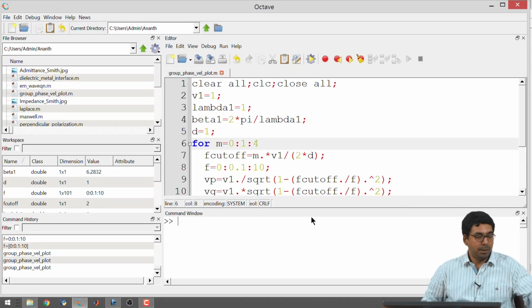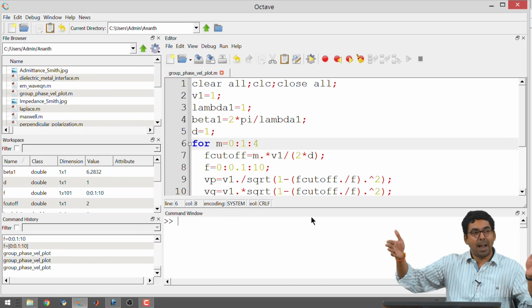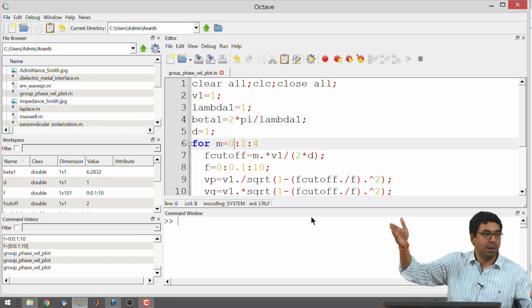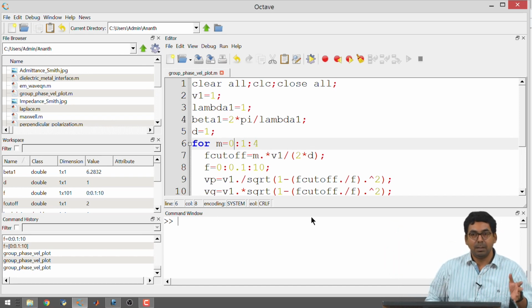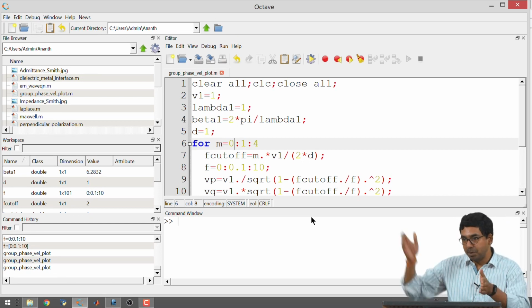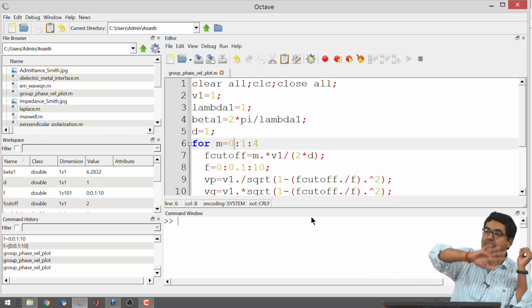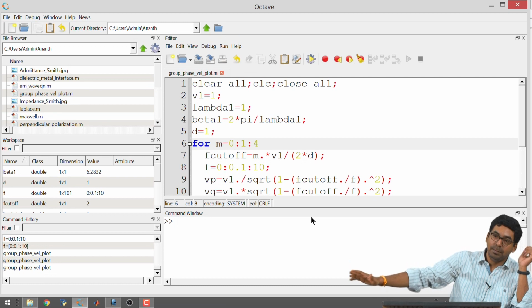Now, I think there are a few more things with respect to the rectangular waveguides that we have to cover in the next class. And following that, we will be talking very briefly about waveguides with metals at the boundaries of the facets also. What if you took a waveguide and put a metallic facet at the input and a metallic facet at the output, you will have what is known as a cavity.